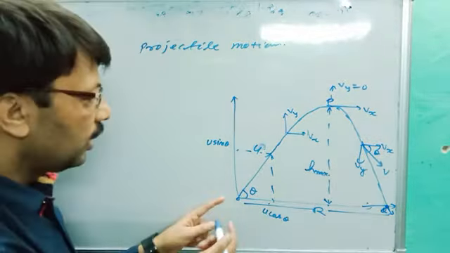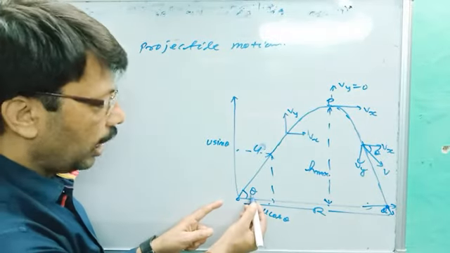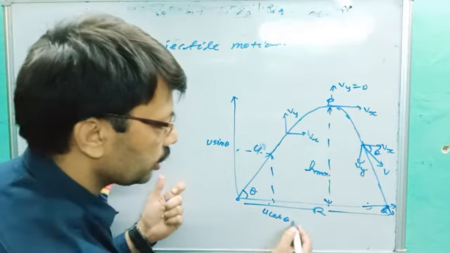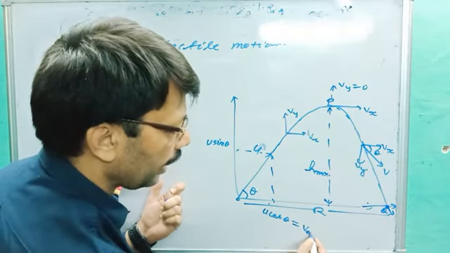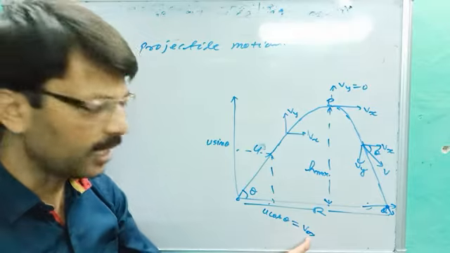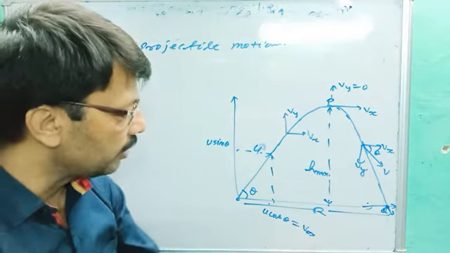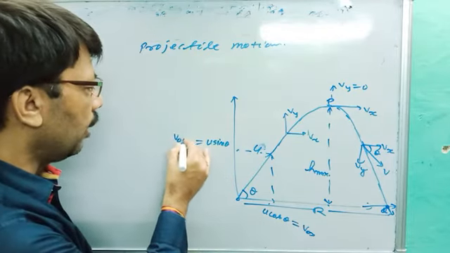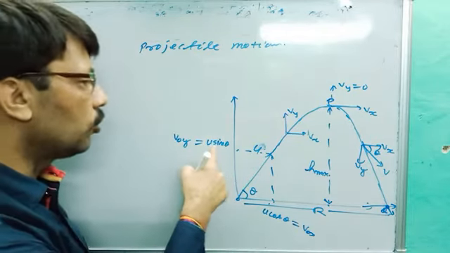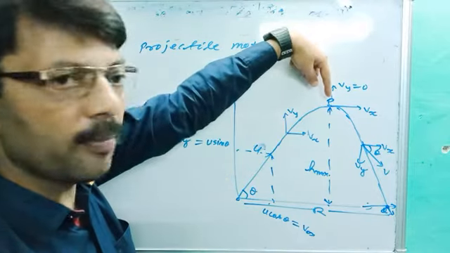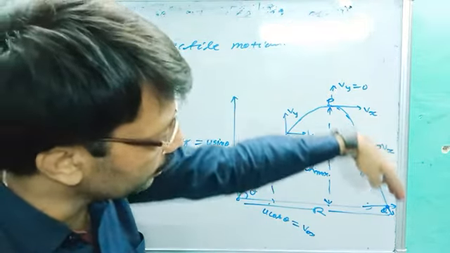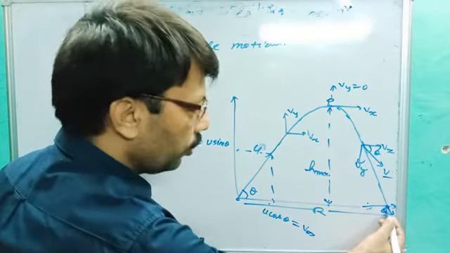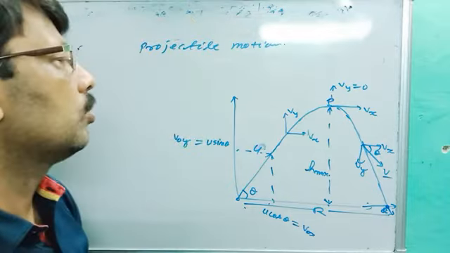Once again, any body thrown with velocity u at an angle theta resolves into two components, u cos theta and u sin theta. U cos theta is known as v naught x, where v naught means initial velocity. Similarly, in NCERT it is given as v naught y, which is equal to u sin theta. It will go to the top where the y component becomes 0, and when it comes down, the resultant velocity is V, hitting the point Q, where the range is called capital R. So many things we have to do.